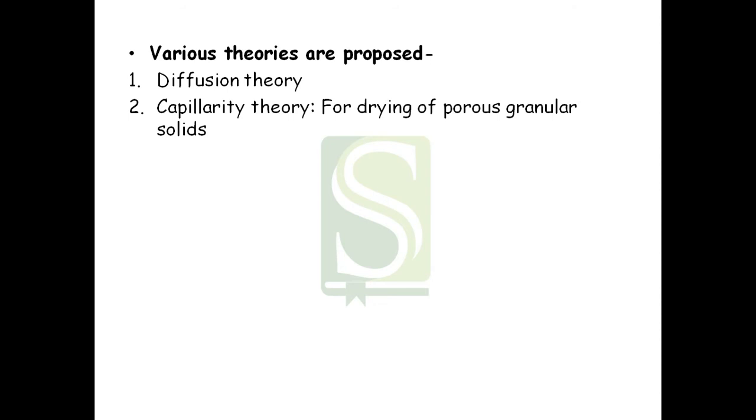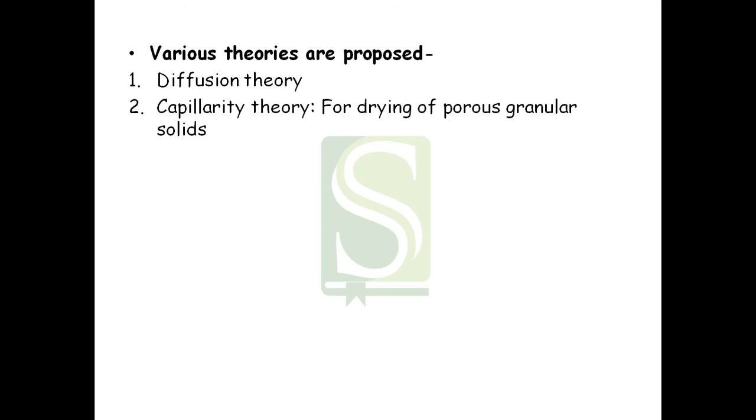Therefore, it is considered that small pores pull more water from the larger pores, and these larger pores get emptied first, and then the smaller pores will get emptied. Finally, when the pores become devoid of water, air will enter into the emptied pores, and the moisture content is relatively higher near the surface. The capillary theory holds good only for free water in the bed. This type of movement of liquid takes place in the granules as well as in the space between the granules, that is the void space.